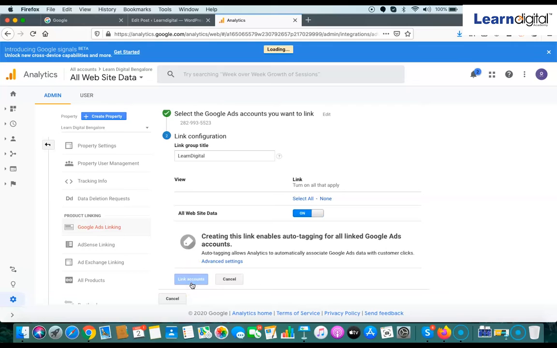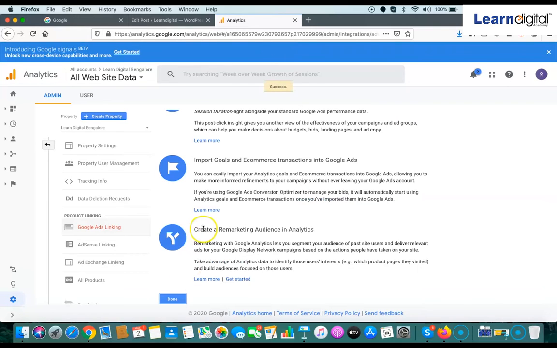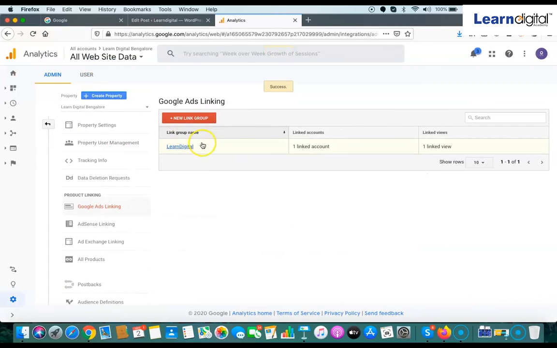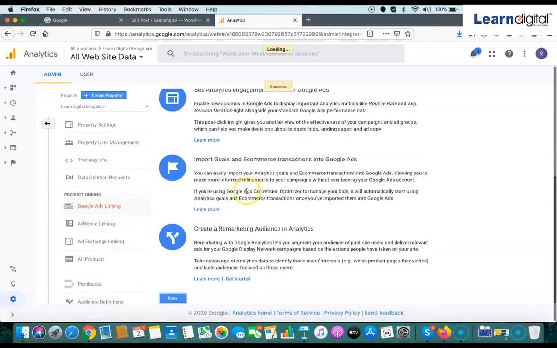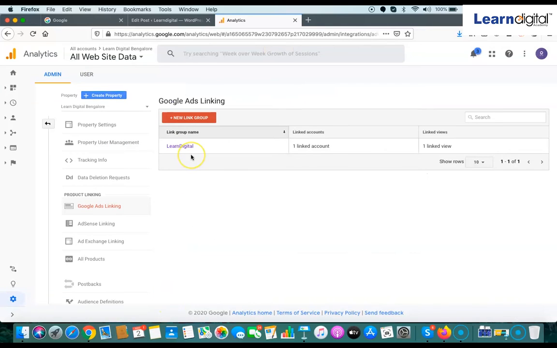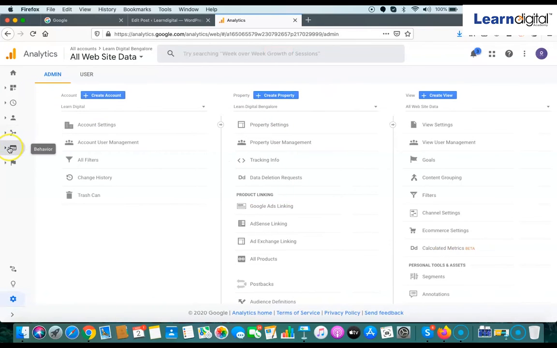So now your Google Analytics will be connected to your Google Ads account, and Google Ads account data will start showing in Google Analytics. This is very simple. So it is connected. Now it is linked. And if you run ads in your Google Ads, you can see those data here.